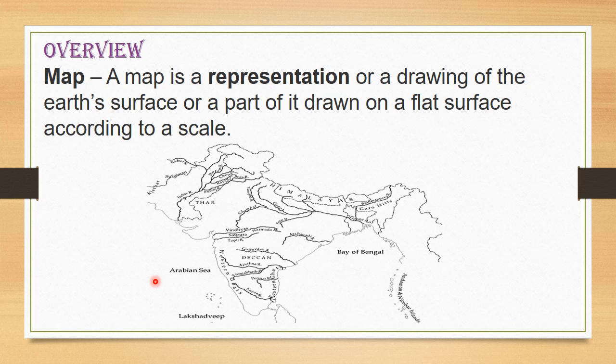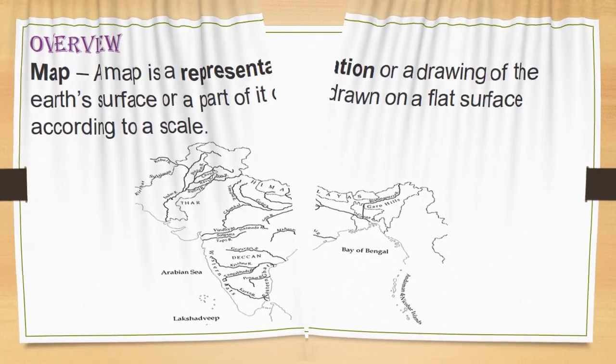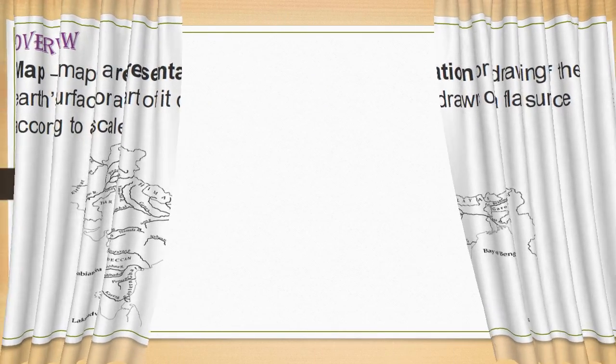So, repeat along with me. A map is a representation or a drawing of the earth's surface or a part of it drawn on a flat surface according to a scale. Okay children? So, understood what a map is? Very good. Next we are going to see about